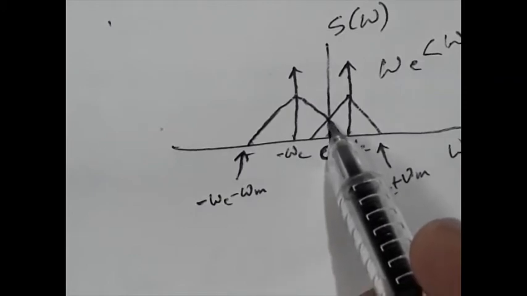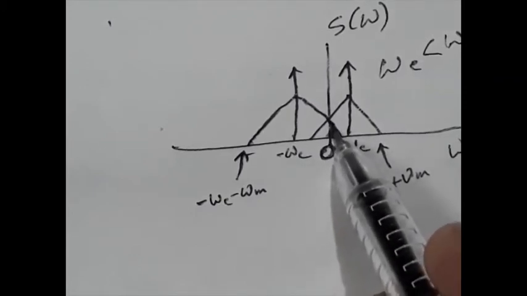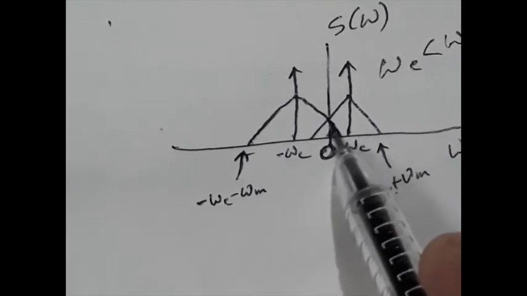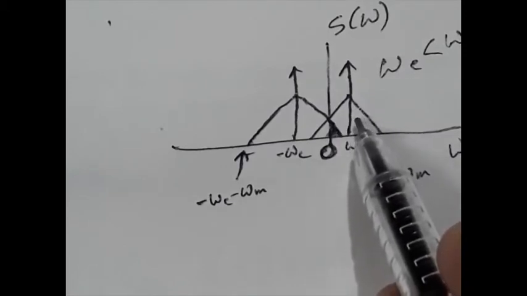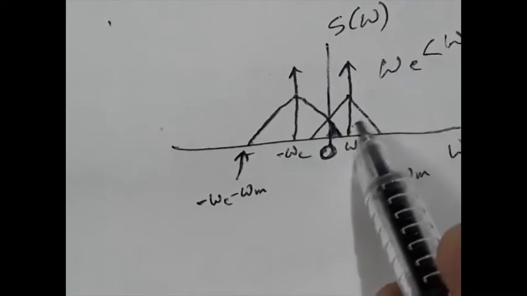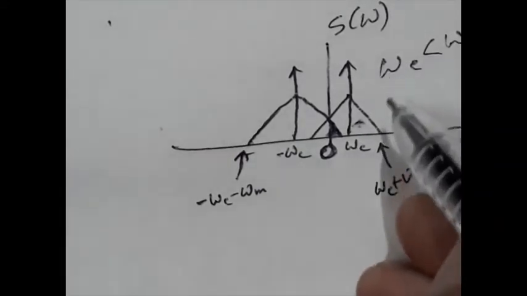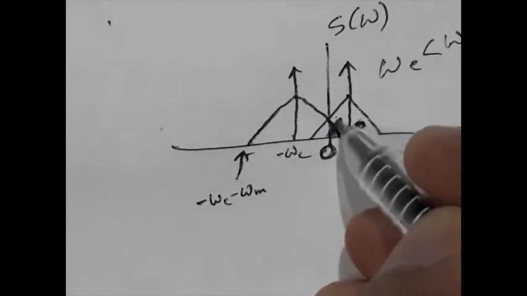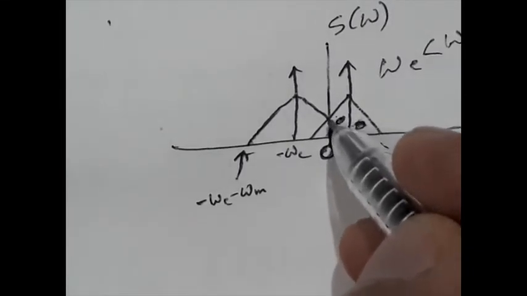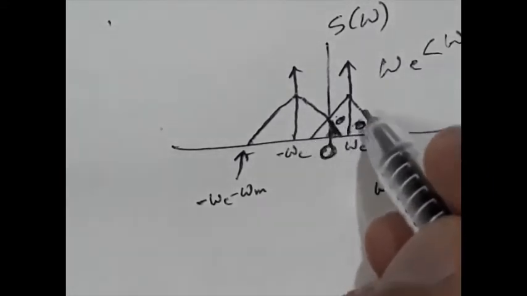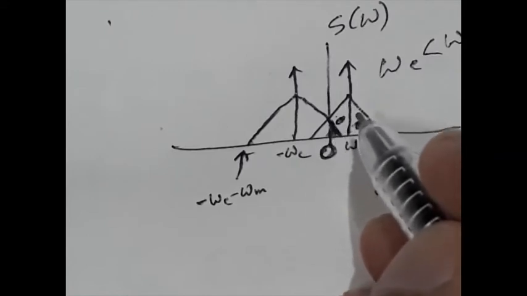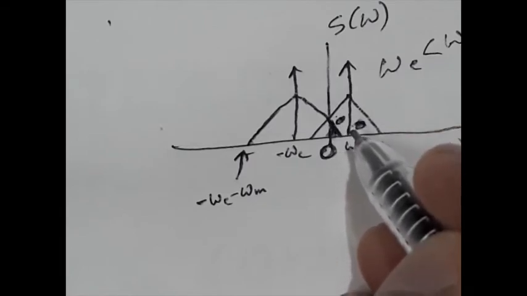and because of this overlap the signal will be distorted, and it will be very difficult for us to get back our original message signal, because the message signal is contained within this region. The message part is contained by this upper sideband and this lower sideband. Here you can see the lower sideband is now affected by this overlapping portion of the negative part. So because of this overlapping, the actual message signal, the actual information, gets lost. So we will get some distorted signal at the output of the receiver.